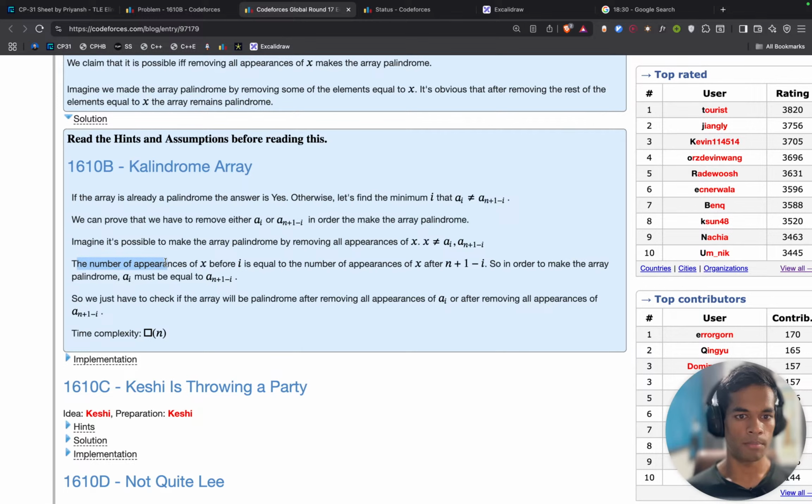The number of appearances of x before i is equal to the number of appearances of x after. So in order to make the array palindrome, a[i] must be equal to a[n-i+1], and so we just have to check if the array will be a palindrome after removing all appearances of a[i], or after removing all appearances of a[n-i+1].